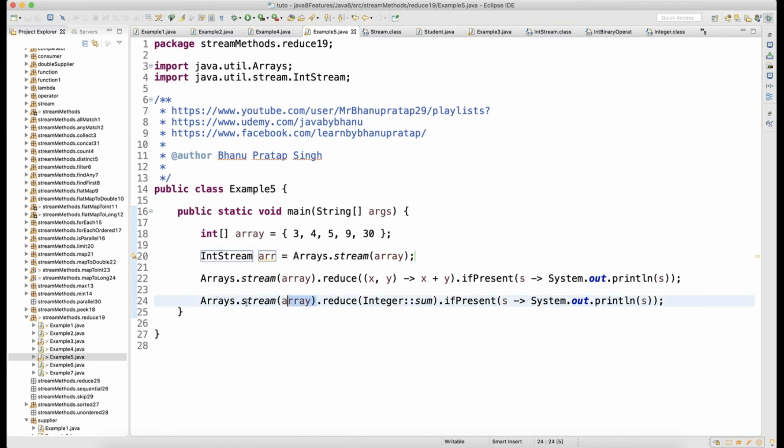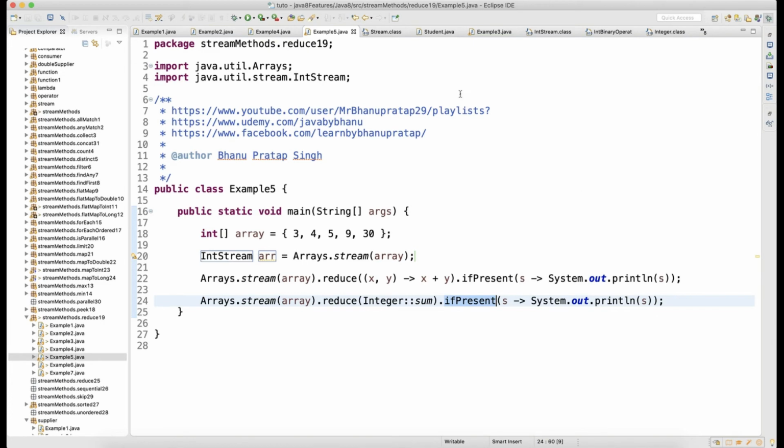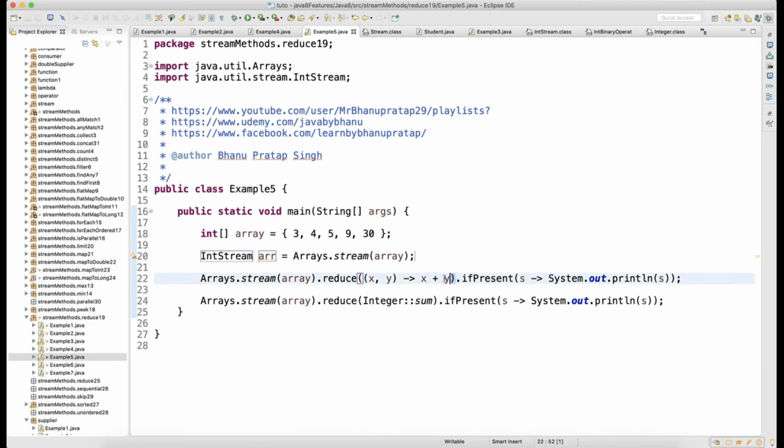It will take the numbers one by one from this list and sum them, and since it is a stream, it will run a loop and sum your entire list. Then I'm saying dot ifPresent, if the sum is present, then print it. Let me run that, and you can see that in both cases the output is the same, guys, 51 51.